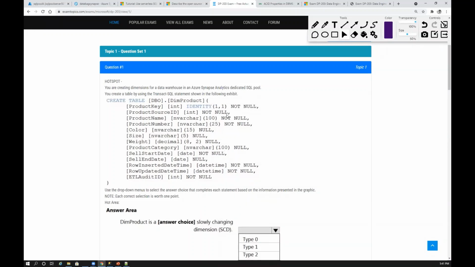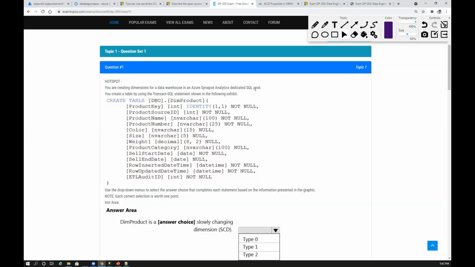So why do we need to create a surrogate key? Because sometimes the primary keys between 2 dimensions can be the same, and in that scenario, you might not be able to join them. So you need another unique key to separate that. That is where you combine the surrogate key, which is the product key, and again the primary key. That will be like a composite key. So in that situation, you will need to add a surrogate key. Here the surrogate key is a sequence number which will be added. It's an extra column, a sequence number. To add a surrogate key, you need to add identity. Okay, that is really important. I think I missed that part.